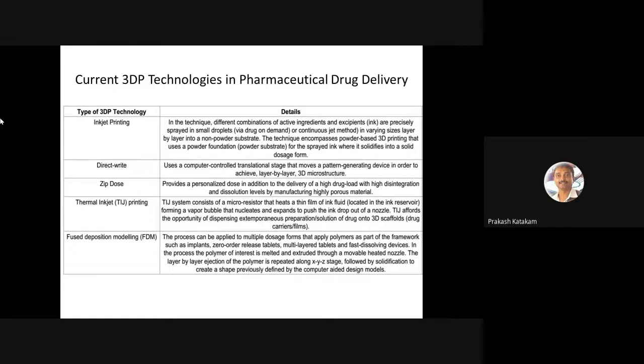Fused deposition modeling is similar to the printers present in the market, where polymer material is mixed with drug material. We use certain polymers like polyvinyl alcohol or polyethylene glycols. These materials are mixed with the drug and converted into filaments, and those filaments are fed to the FDM printer and tablets are made. Merck is the company which is now doing a lot of research to commercialize this FDM technology.